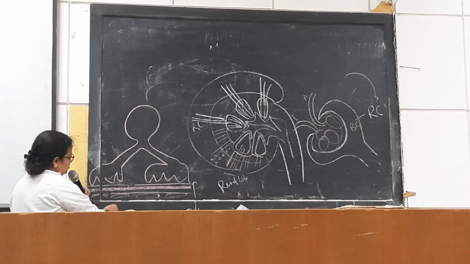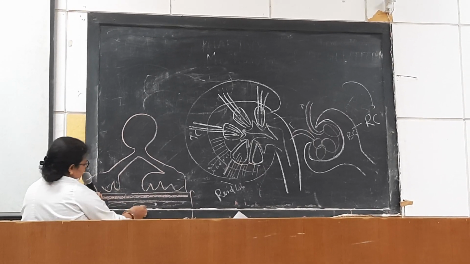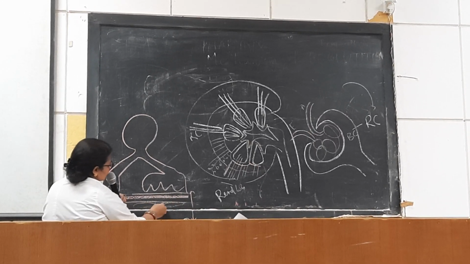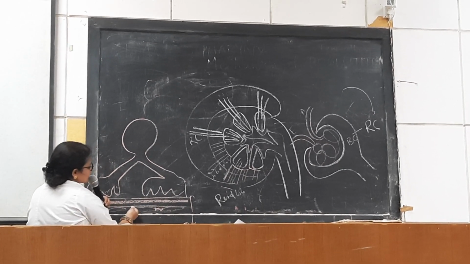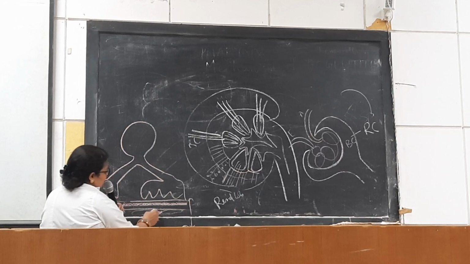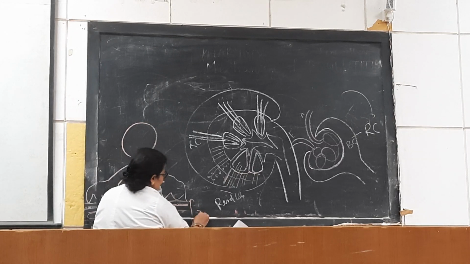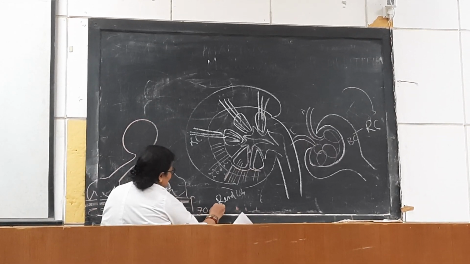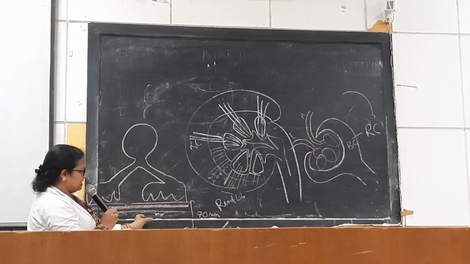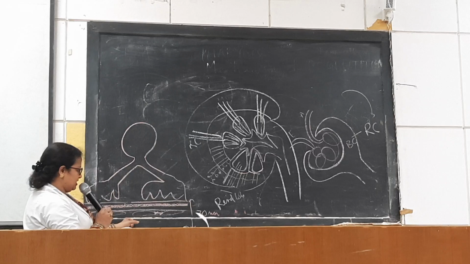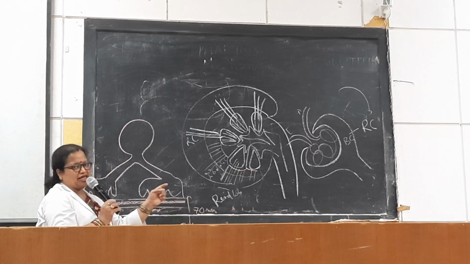So first, when you go from inside out, we see the endothelial cells of the capillaries, and in these endothelial cells there is a gap having pores, and the diameter of each pore is 70 nanometer. What are the components of the barrier? The first component from inside out is the endothelial cells of the capillary, which are fenestrated and have a gap of 70 nanometer.